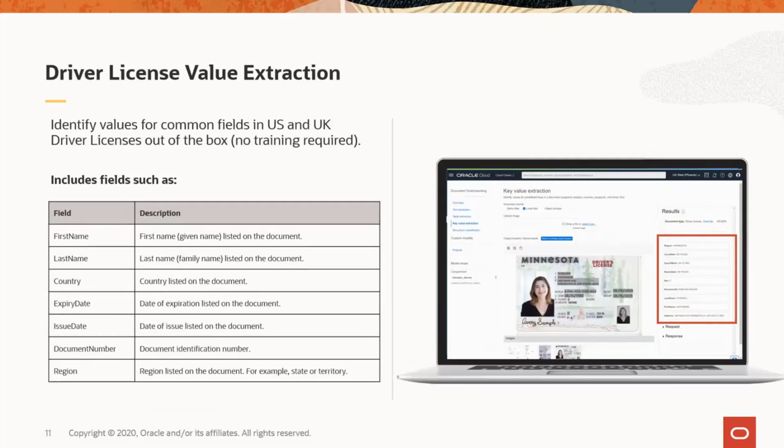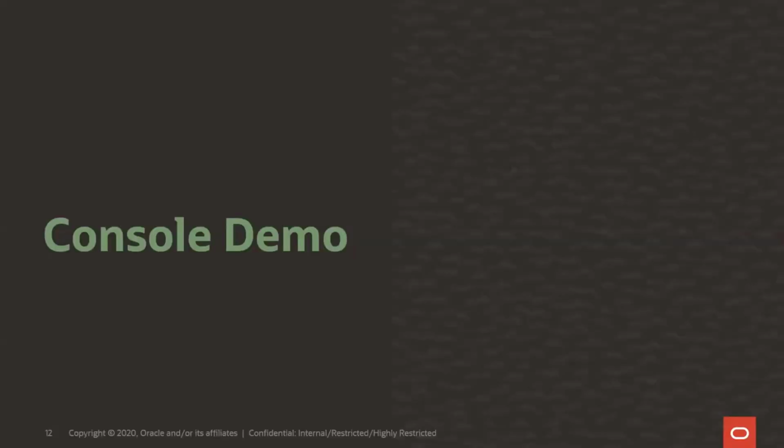And then we also have the same key value extraction model supported for driver's licenses. Now this works for both US and UK driver's licenses. So, New York, California, Minnesota, any of those will work, where it's extracting out, again, things like your first name, your last name, the driver ID number, again, all those common fields that you might find on an identity document like a driver's license. So why don't I go ahead and give you an example of what this looks like